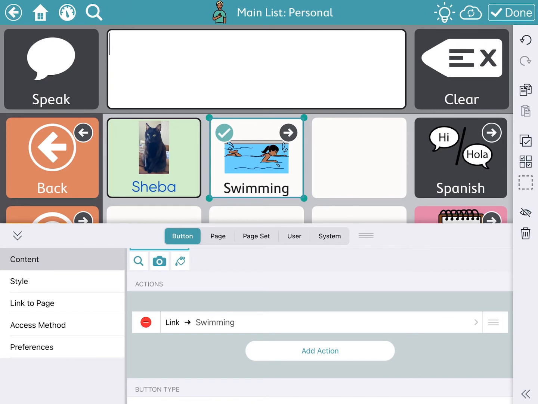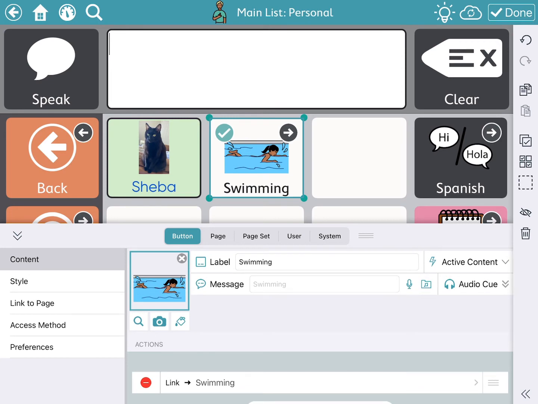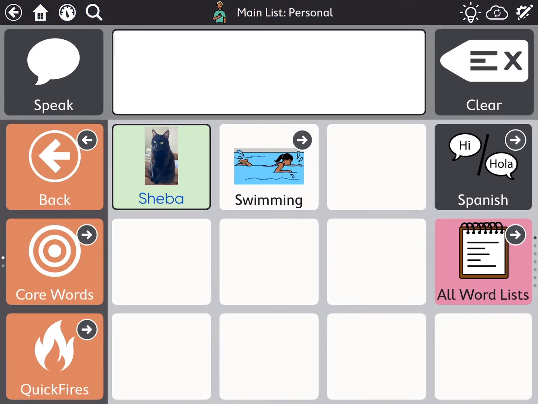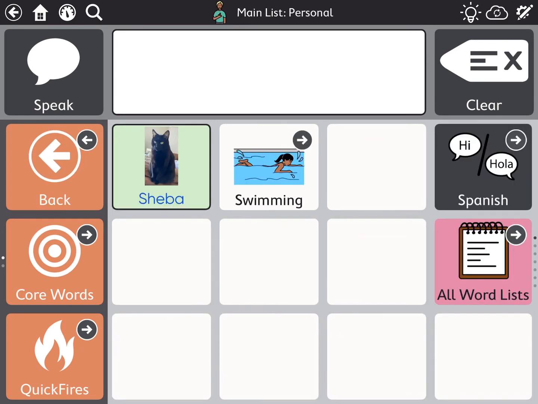This way I can just hit the button, and it will just take me to the swimming page silently. I just hit the swimming button, and it brings me to the page. Bathing suit. And I can hit whatever buttons I want to talk about on the swimming page. Creating this page on my personal page gives me very easy access to a topic that I really like to